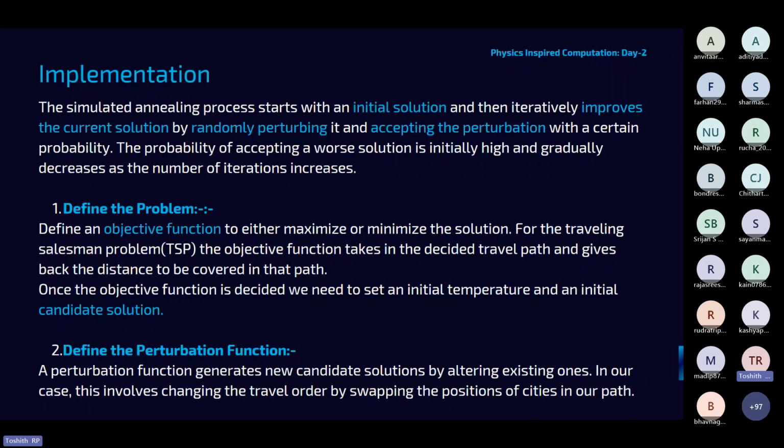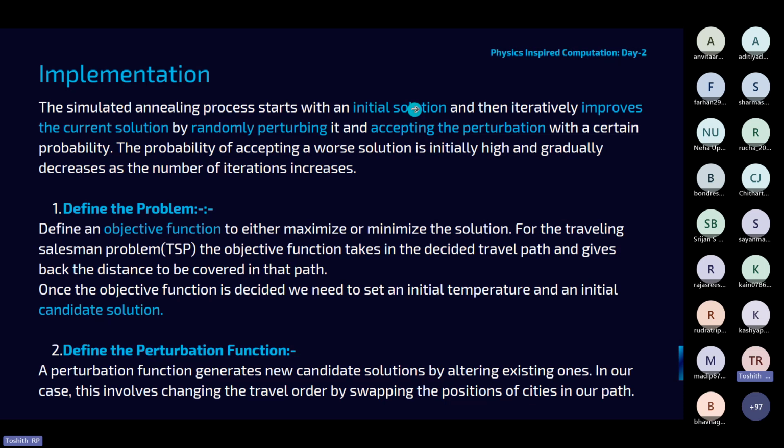But if you have many such locations to travel, you would randomly swap the location of two cities so that your path is updated. You'll try to see if you're getting a good solution out of that.